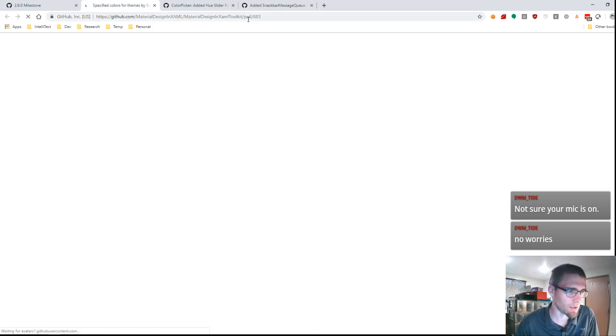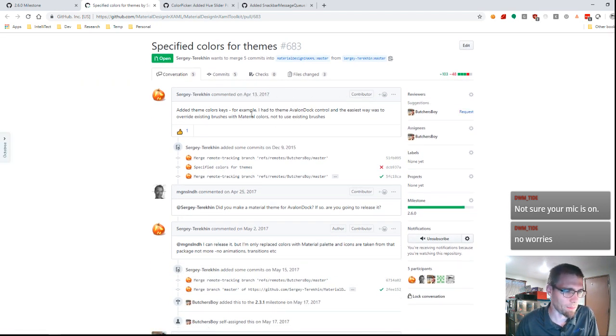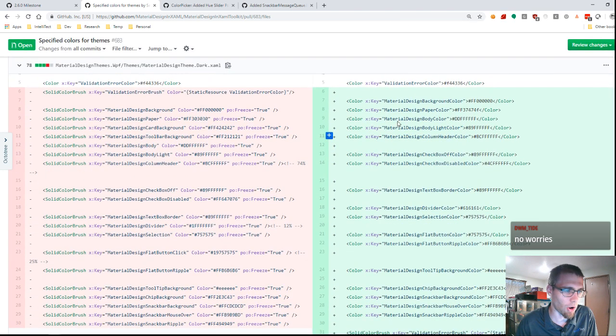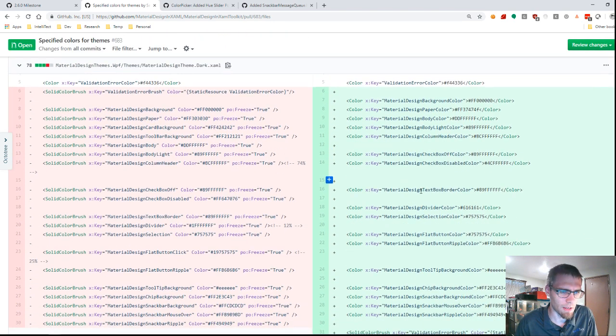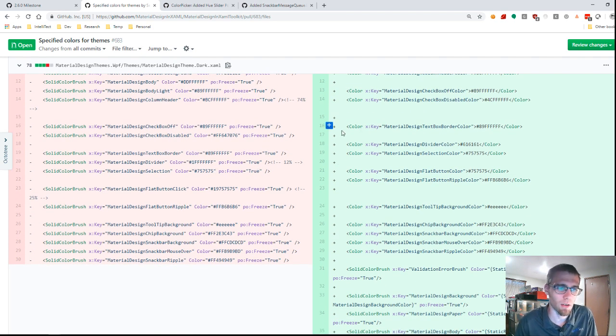So pull request 283. I've left this one open for quite a while. For those people who are interested, the basic premise of this one is I'm not Sergey, and I will not try the last name because I'll try to avoid making a fool of myself. Was needing the actual brush colors specified as resources for the purposes of actually being able to build out alternate themes. So if you were going to say retheme some other control library, like I think he was using the Exceed controls, it's very hard to retheme if all you have is the brushes defined in the resources and not the actual colors themselves. So if you need to, say, redefine a brush with a color, you can still do it, but you have to go through some extra steps, and it would be easier if this was defined in